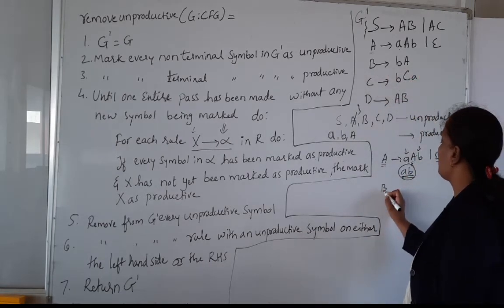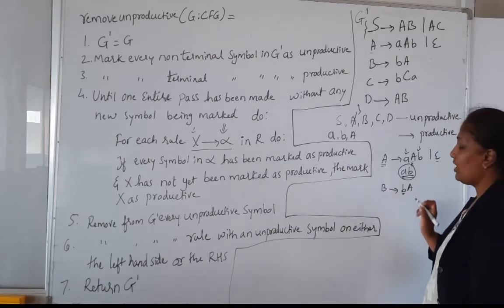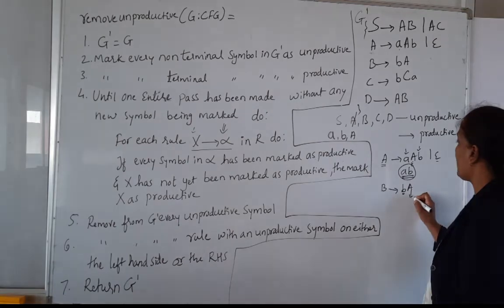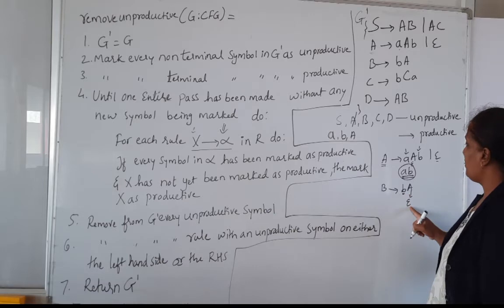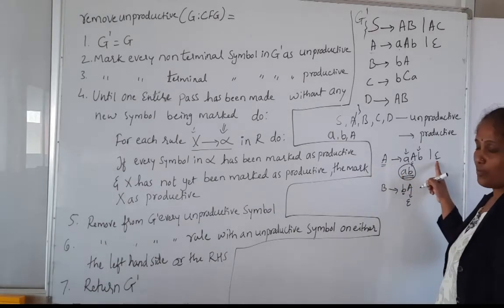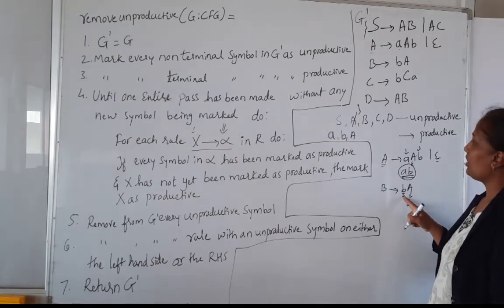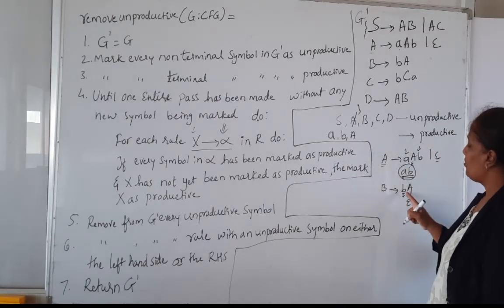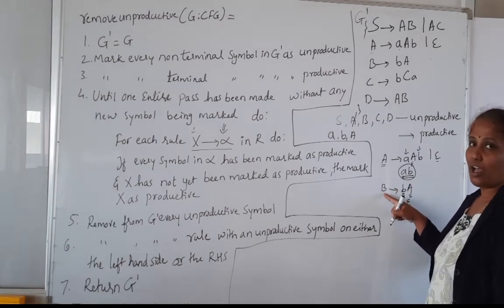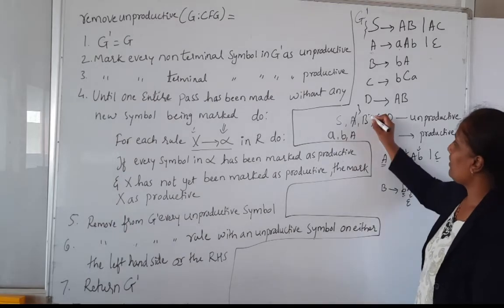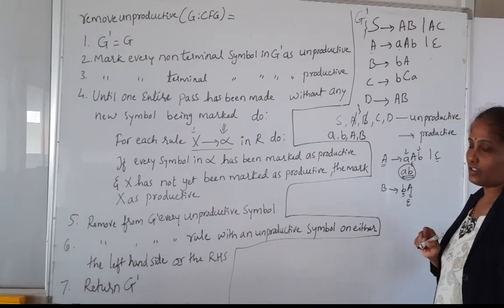What is the second rule here? B produces BA. Okay, so B is a productive symbol, and for A, I can replace this A by epsilon. So if I replace this by epsilon by considering the A production, what do I get at the right part of the rule? It is a B. B is nothing but a productive symbol. So based on that, it is producing a productive symbol, so I can mark B as productive. So I will remove that from the unproductive list and make an entry of that in the productive list.